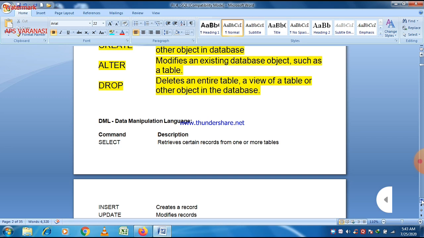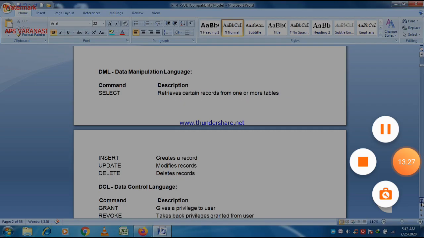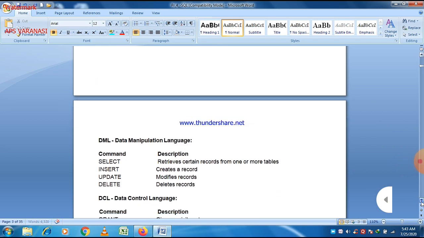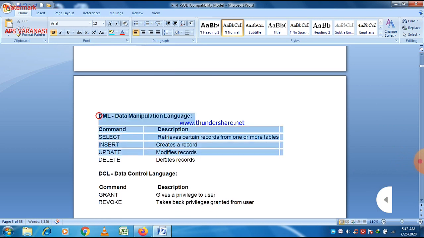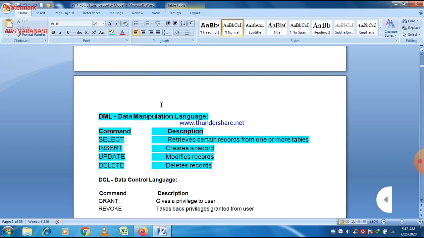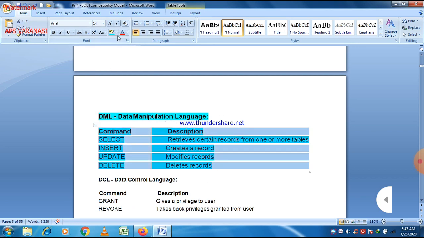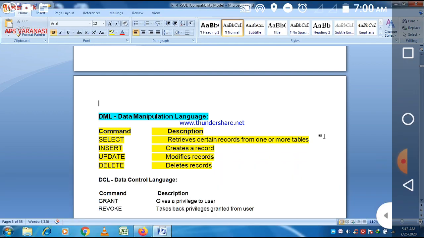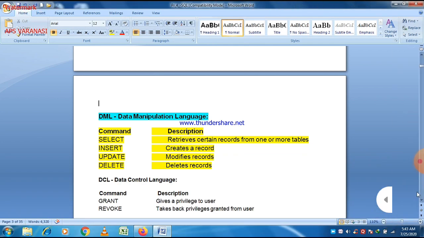So now let us check what the different data manipulation commands are. These are the important data manipulation commands: the select command, insert command, update command, and delete command.